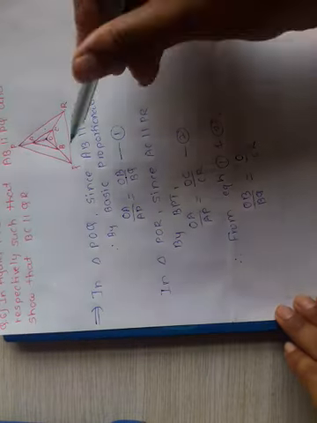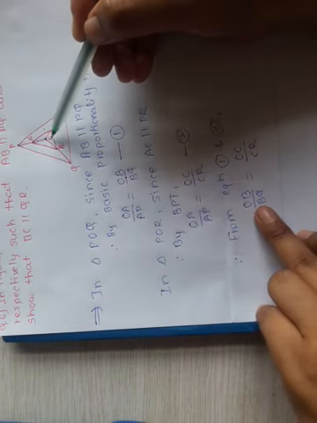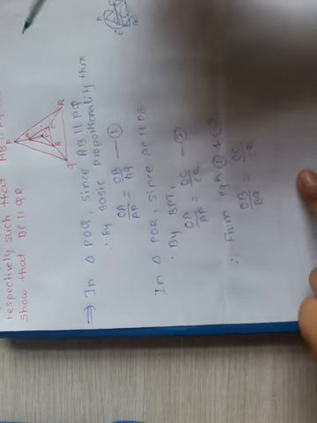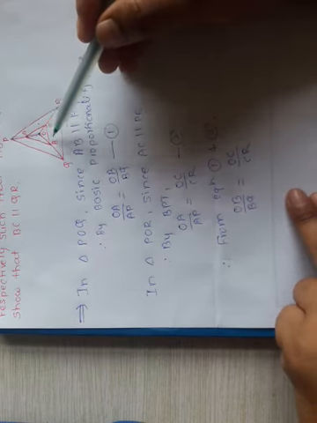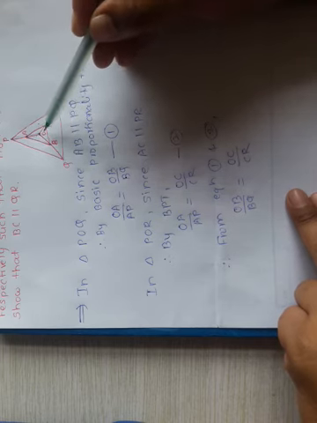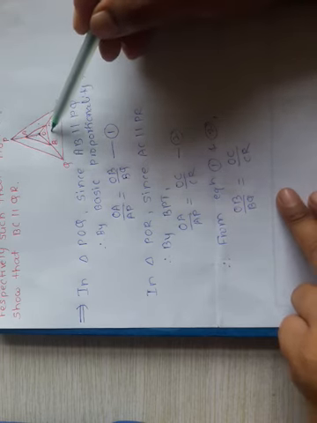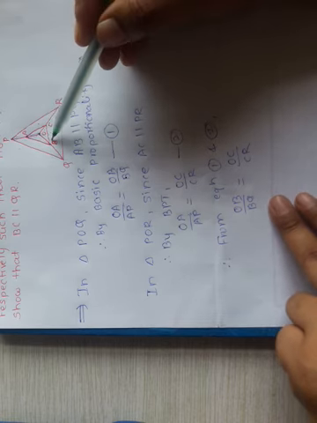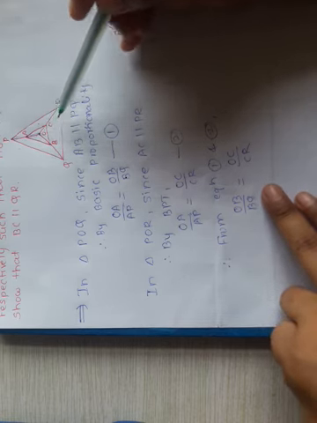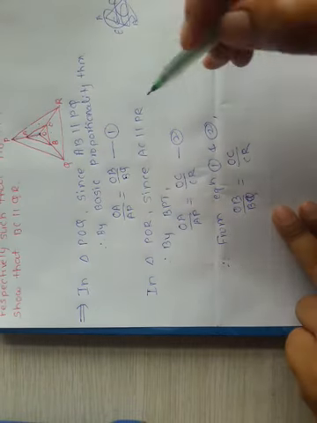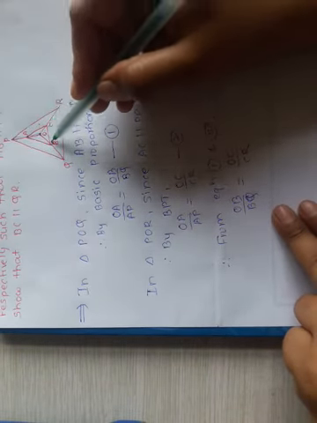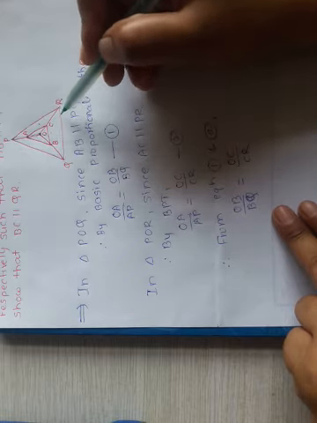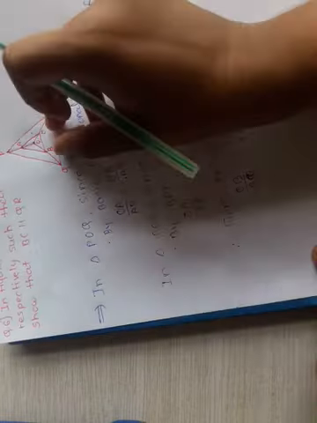Okay, so OB upon BQ is the ratio of this triangle OQR. These equal ratios are the ratios of this triangle OQR. So OB upon BQ is equal to OC upon CR means what? In this triangle we get the ratios equal. So if the ratios are equal, then we can say that the line which divides the two sides of this triangle must be parallel to the third side, and therefore this is the statement of our converse of BPT.